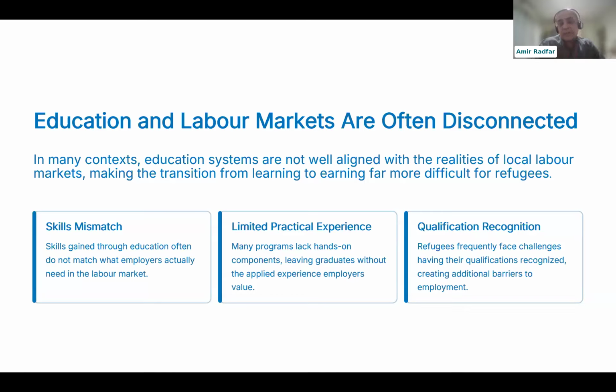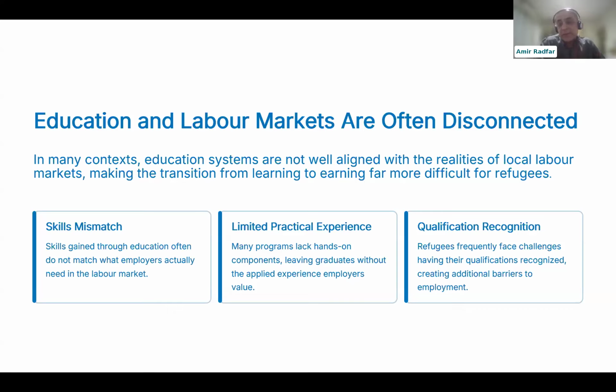And of course, it becomes more challenging for refugees, especially with the unfair access to the labor market. We use this word unfair because even in European countries, there is some evidence and reports showing that for migrants and also for refugees, the competition is always very high. And there is also a kind of discrimination, I mean, for refugees and migrants, to get access to proper jobs when they compete with the nationals.